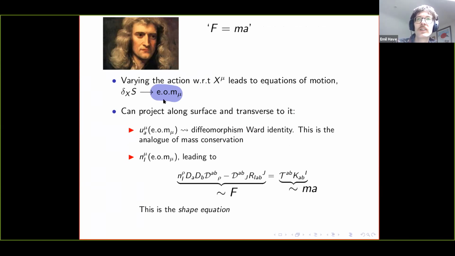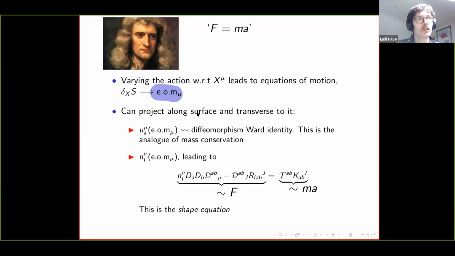So computing the variation, we get a set of equations of motion indexed by mu, right? We get one for each field x, each embedding map here. And this we can then project both along the surface and orthogonal to the surface. If we project along the surface, since we have this correspondence between embedding map variations and diffeomorphisms, it's easy to see that if we project along the surface, we will get some kind of diffeomorphism Ward identity,